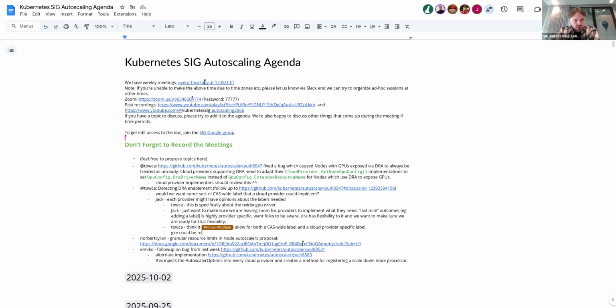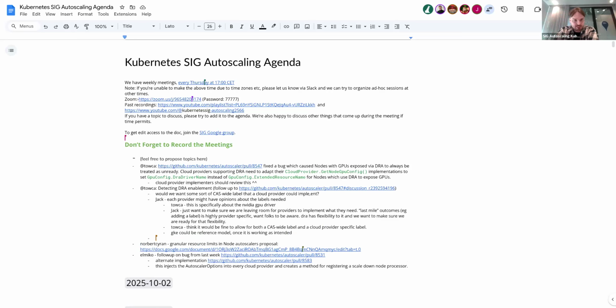Right. So I take it that for the foreseeable future, we can just go with deferring the detection of DRA enablement for GPU to the cloud provider, right? Okay. There was also one more issue brought up, since I have the floor, around GPUs, which is related to hard coding the NVIDIA device plugin custom resource. And I think in most places it's actually already sort of fixed. Again, it's deferred to the cloud provider,